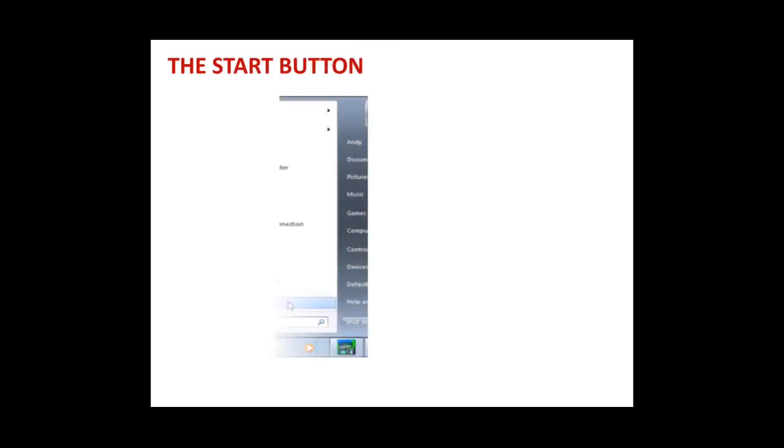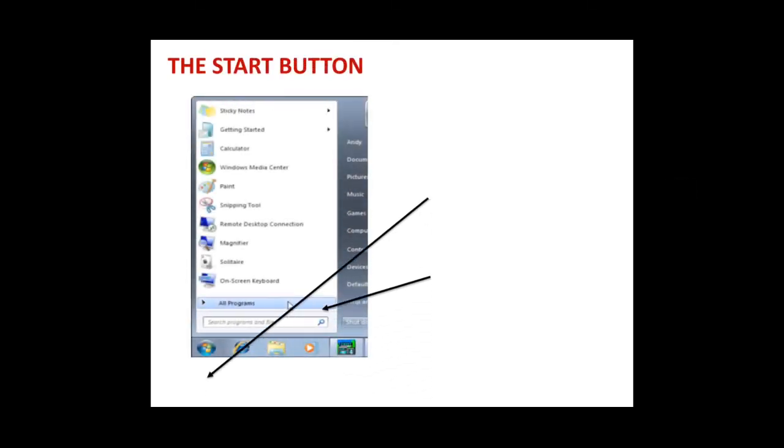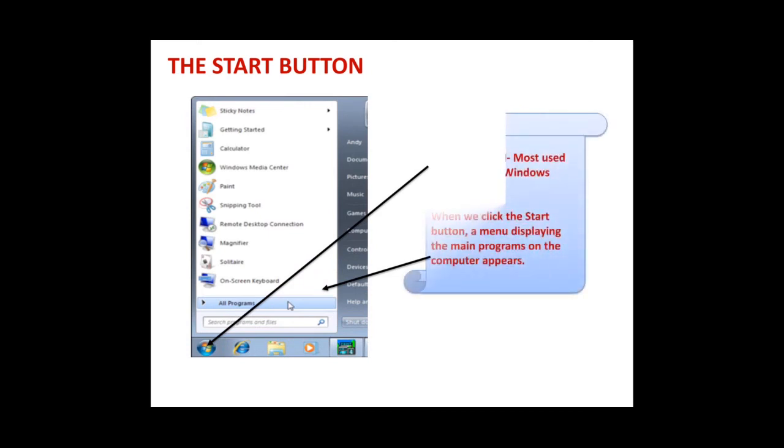Now next come the important things on it, the start button. I told you this one on the left hand side of the taskbar, this is the start button. This is the most commonly used button on the Windows desktop, and when we click the start button, a menu displaying the main programs on the computer appears. Now you can see what all programs are there on that system, and there is one column, all programs, also.